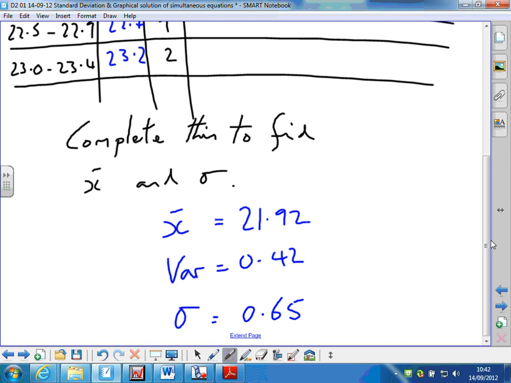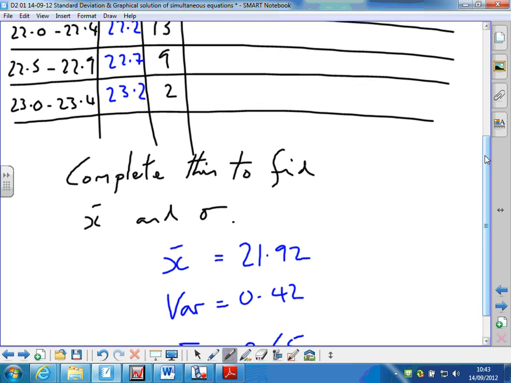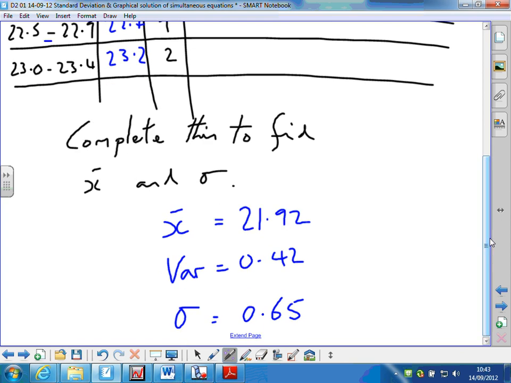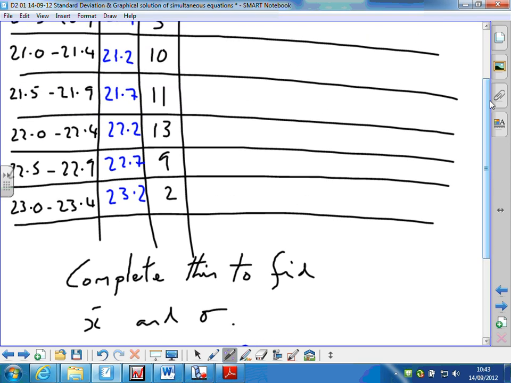So if I add 0.65 to 21.92, I get about 22.5, and if you look at the data set, 22.5 is within this group here, so that seems reasonable. If I take 0.65 away from 21.92, I get about 21.3, and again, 21.3 is in this group here, so about 2/3 of the data. Yeah, that looks like a